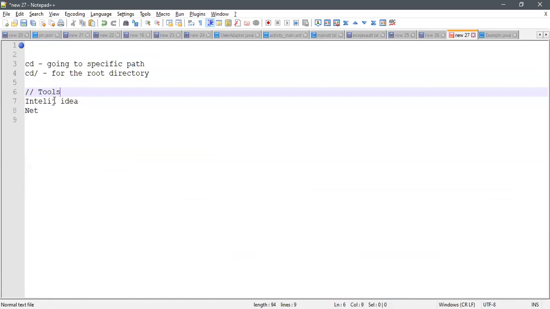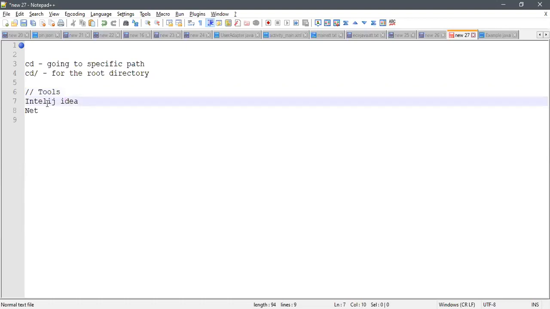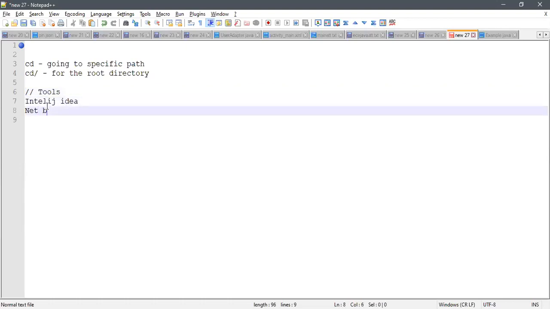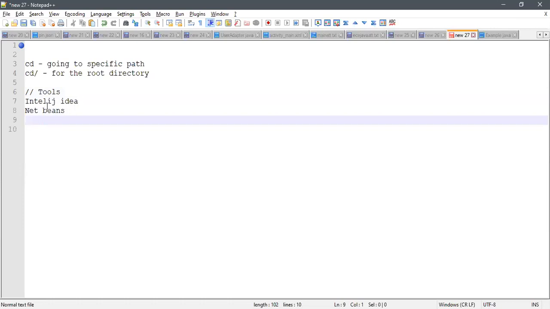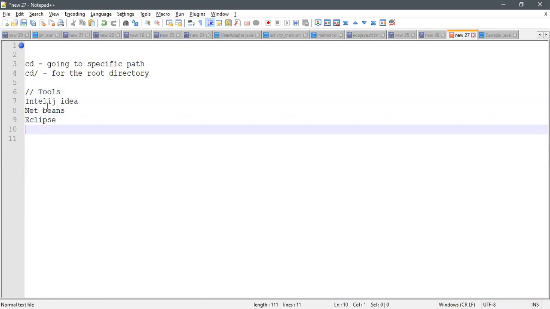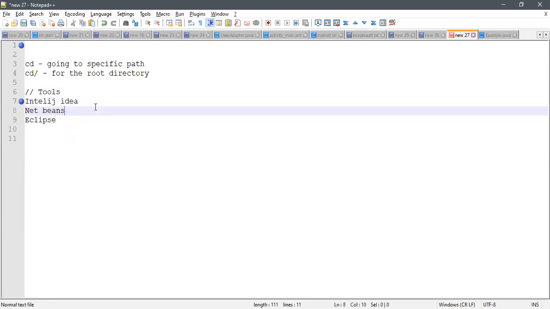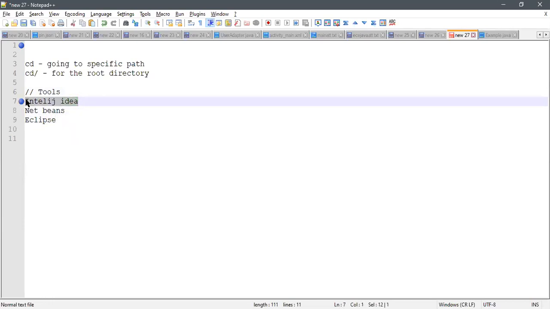So at the end of your project, when will be your project? In the final year, right? Yeah. At the end of your academic career, you are going to build a project by using these tools only. NetBeans. Next one, Eclipse. This is also one of the tools, and now we are already using this one. So many tools are available. There is no need to worry. This is a very good one. Right now we are working with it.